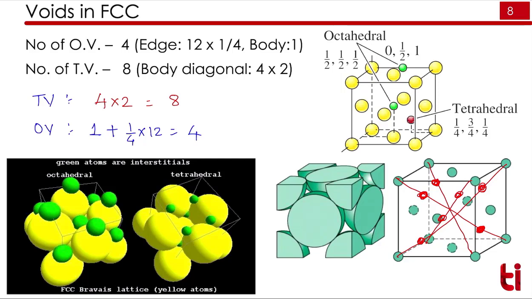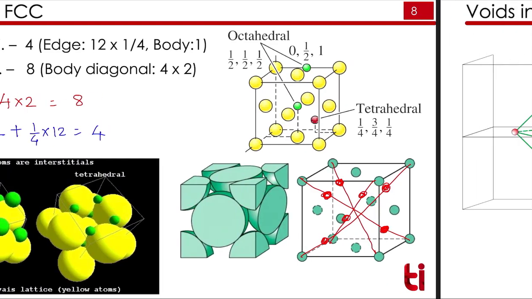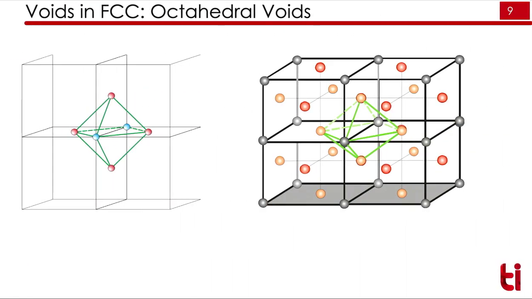Again, you can have a look at this picture for your better understanding. The octahedral void in FCC is shown for clarity. These atoms are from the face of each unit cell. 4 are such atoms, and these atoms are at the corner. In between you have a cavity that will form an octahedra, and you can place your void position here.